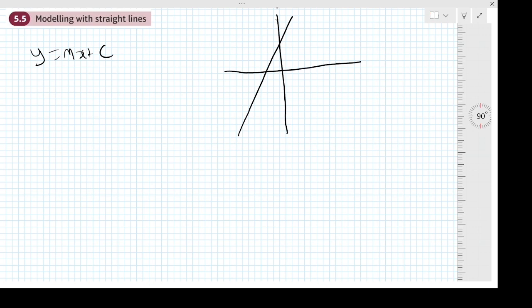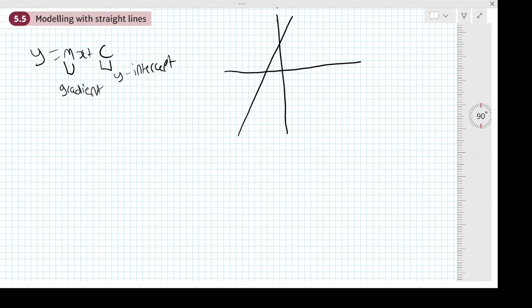It seems fairly obvious, because we'll be using y = mx + c for the whole chapter now, and in GCSE as well. But it's important to restate it, because in particular m is the gradient,